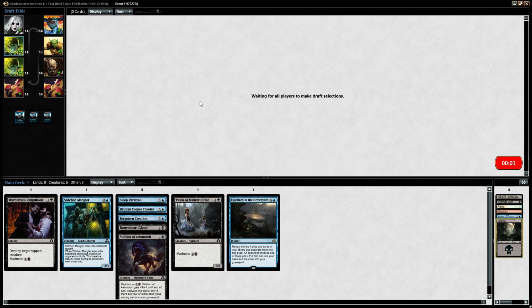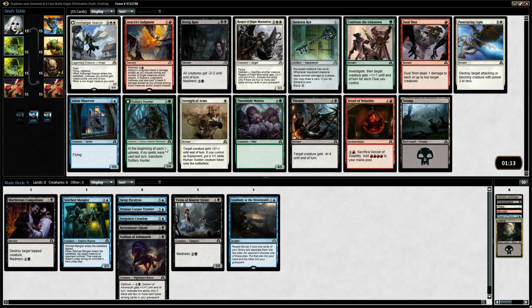So we're looking to fill out our curve a little bit, pick up a little more interaction. I like that we have a Compulsion and a Sleep Paralysis, so we have the ability to kill some things. And Stitch Mangler to help slow our opponent down. Well...